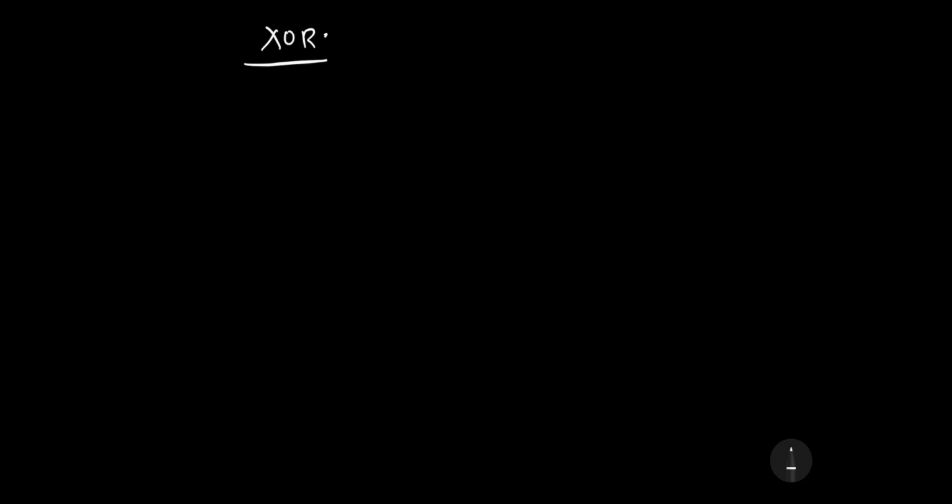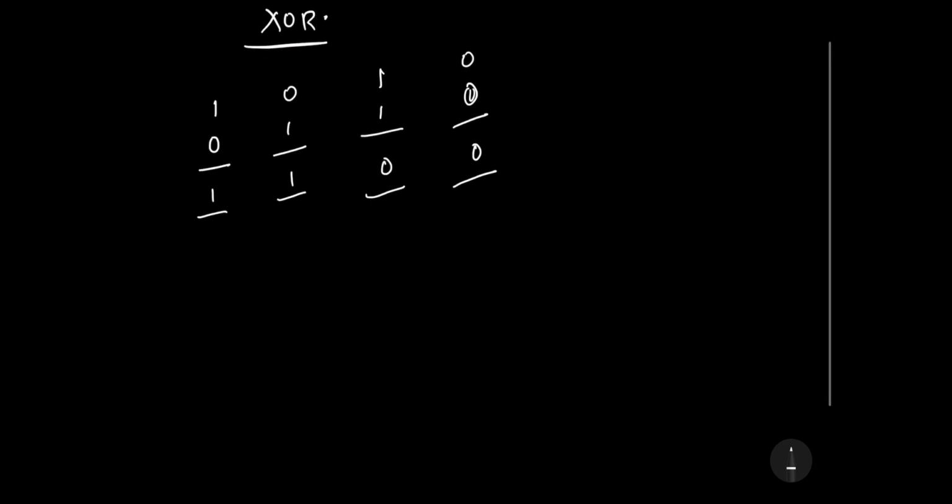So XOR operator is nothing but when we do XOR on 1 and 0, it will always give 1. And when we do XOR of 0 and 1, then also it will give 1. When we do XOR of same bits, then it gives 0. Okay, so this is the simple funda of XOR. Now using this, how can we solve some of the array problems?